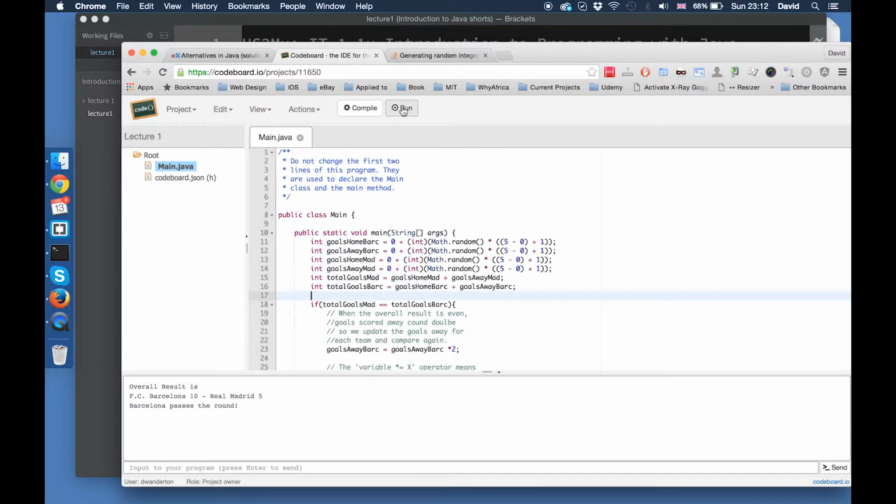Barcelona 10, Real Madrid 5. Oh dear. Barcelona 1, Real Madrid 1. Extra time. Barcelona 7, Real Madrid 5. So what we can see, just by adding this dynamic Math.random in, which provides us a value between 0 and 1, I believe, and then timesing it by the maximum minus the min plus 1, we're able to generate this